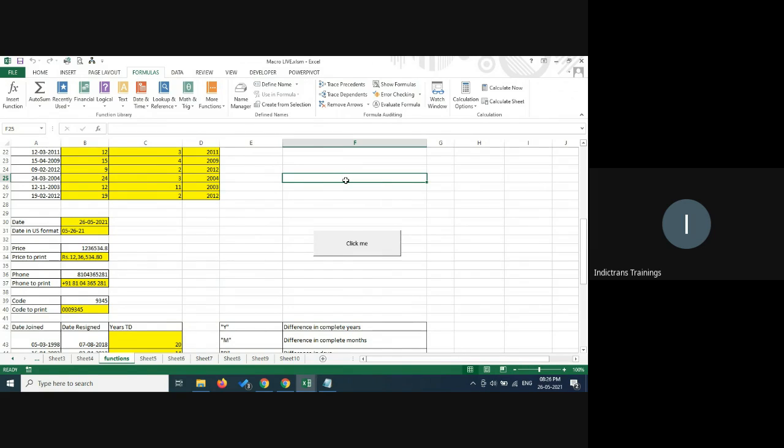Okay. One problem with macros is that you can't undo. So for example, if I've done this and I press Control Z, it doesn't work. That is the biggest problem with macros. I don't know why, but whenever you run a macro, you can't undo that activity. So if you're running a macro, you should keep that in mind, that you can't really go back to it. So this is a big challenge with macros.